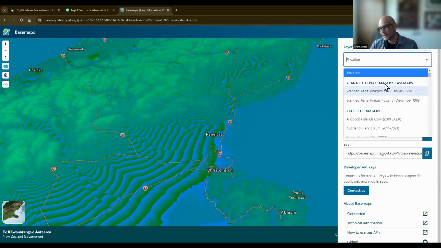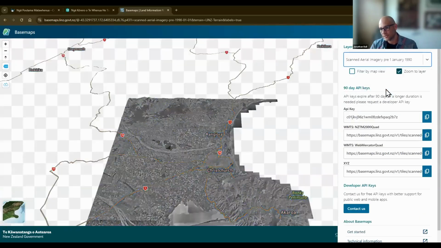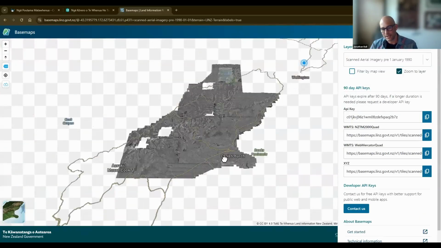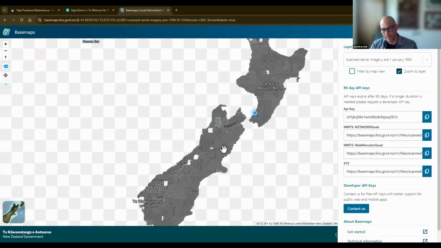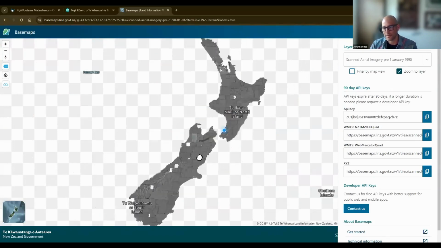First of all is these scanned aerial imagery base maps. So these were all scanned by MPI, and we offered to turn them into base map services. So this is all aerial imagery from the Crown Archive, scanned in pre-January the 1st, 1990.